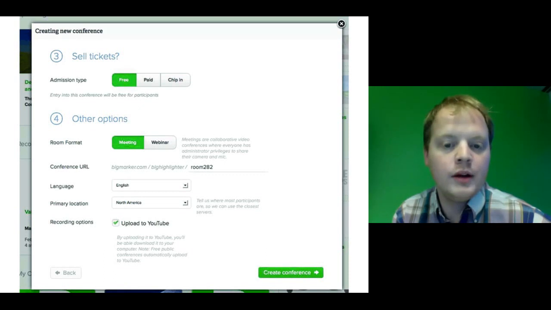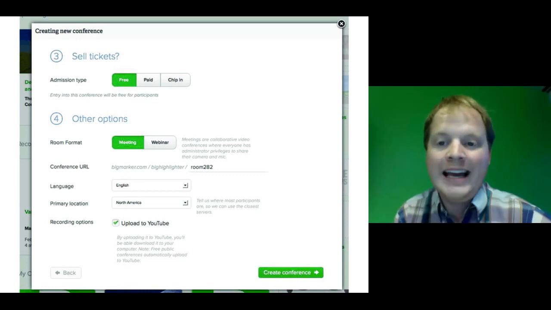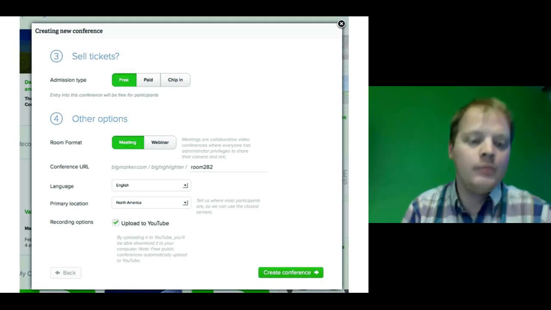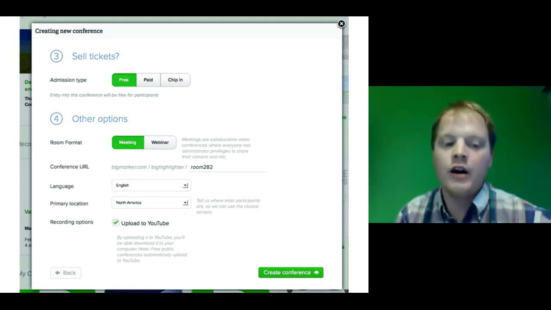So inside your community, basically what you would want to do, if you're on, for example, as a community organizer, you can click host a conference or a new conference, and then you can go through the conference creation wizard. So you have your basic set information, you have who is hosting, you have sell tickets, other options, create a conference. So basically you just actually create a test conference. We don't have a specific test conference feature on BigMarker. You would just need to create a new conference.